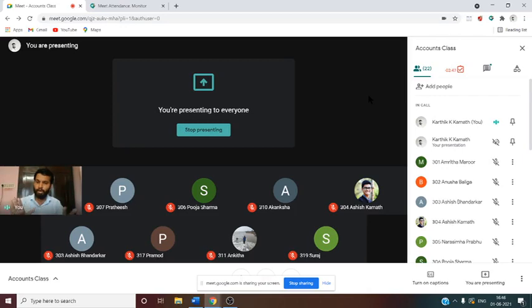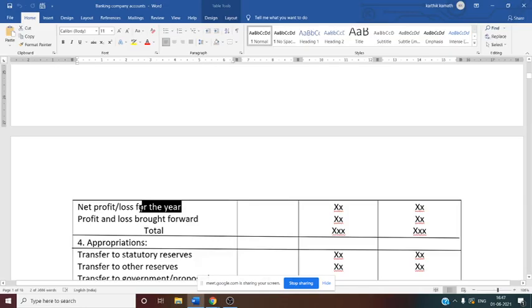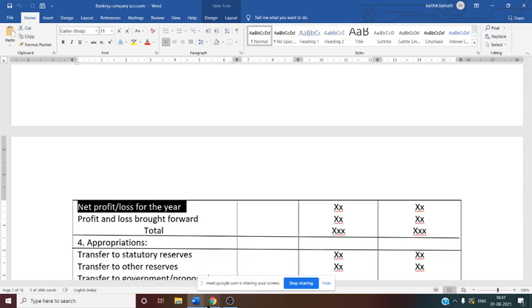So how to get income minus expenditure? We have already calculated the income, 13 plus 14, so you got one income total. From that you have to deduct the expenditure total, that is the 15 plus 16 total. So you will get the net profit or net loss for the current year, or whichever year for which you are going to prepare the profit and loss account. You will get one answer.